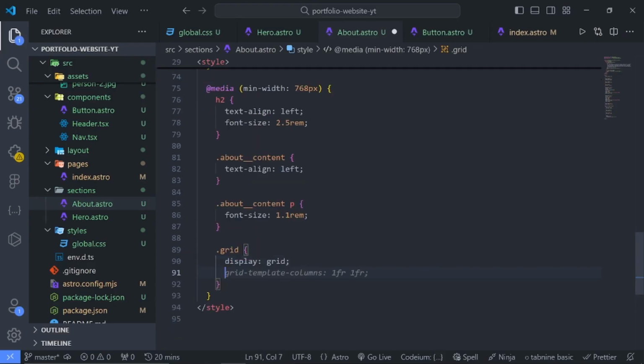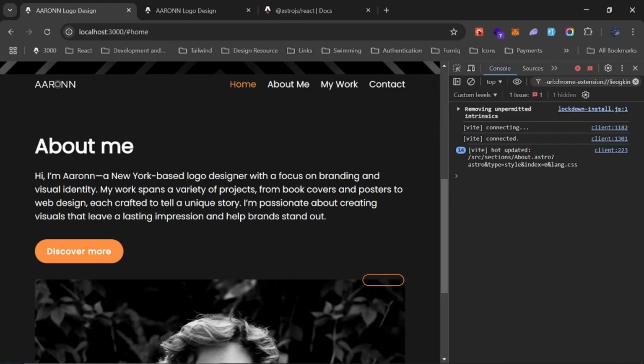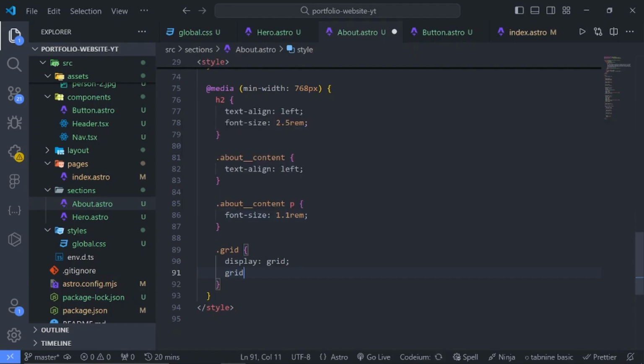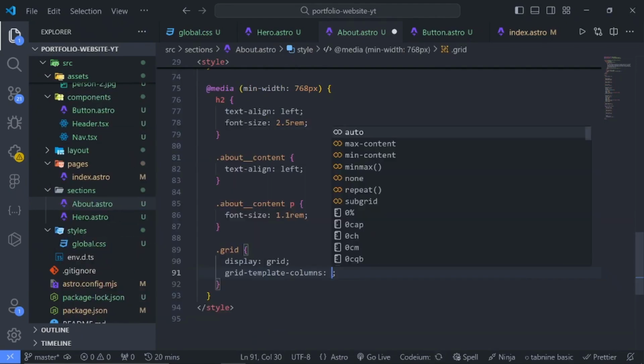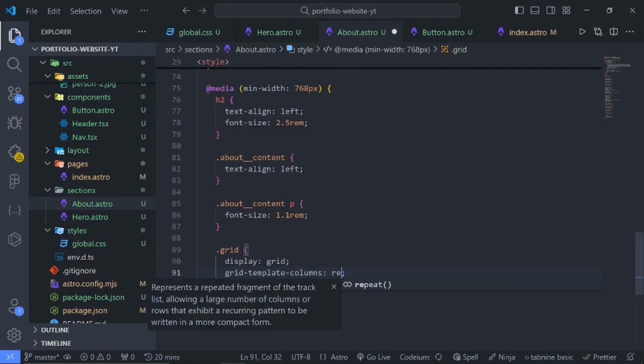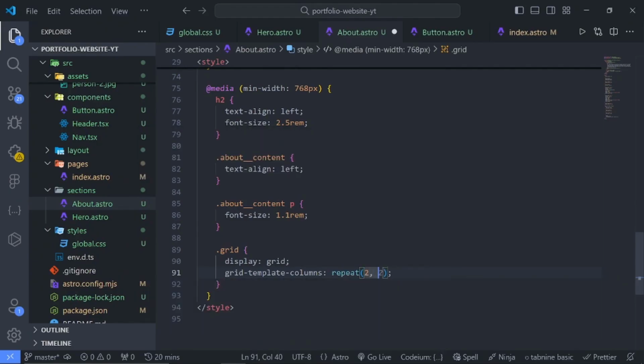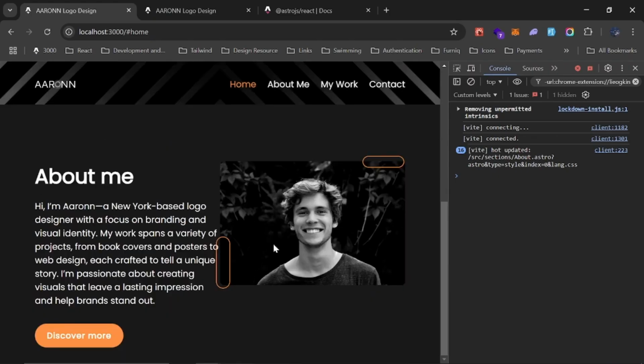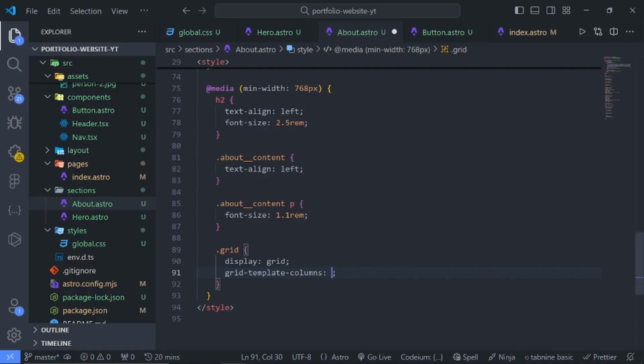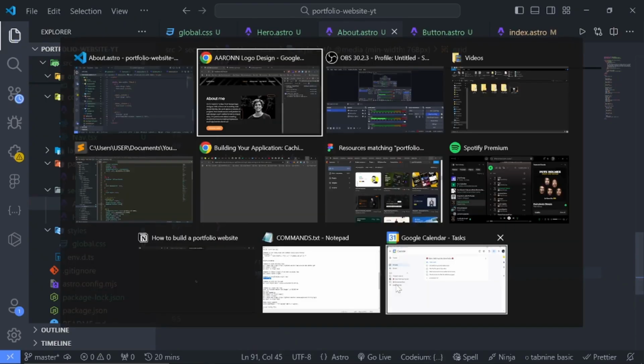But in order to set these to two columns, we can just say grid-template-columns, and we'll say repeat(2, 1fr). So repeat two columns with one fraction each. You can also do this like so. It will work fine, but I like using this. So say repeat(2, 1fr),